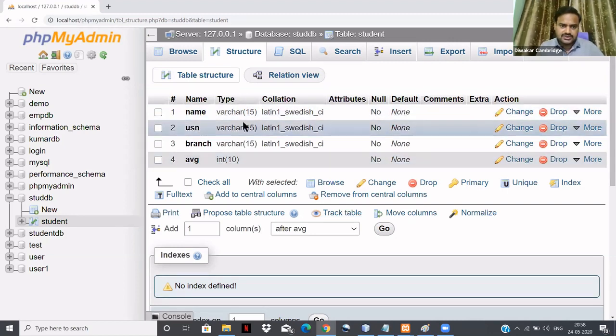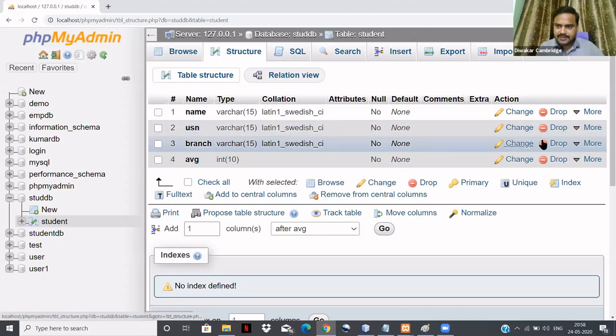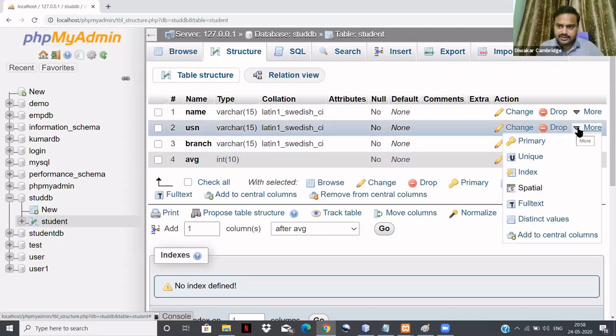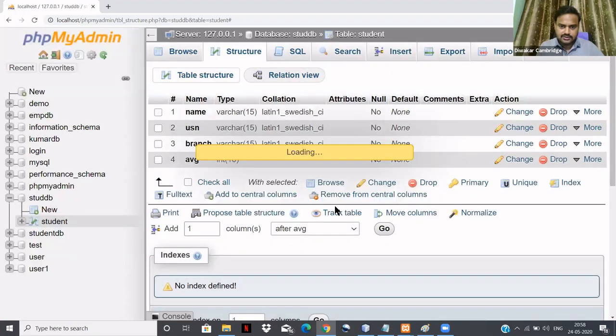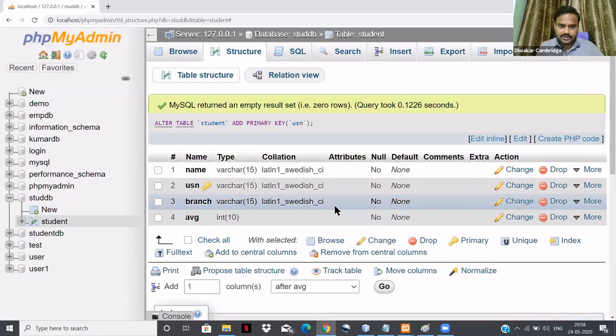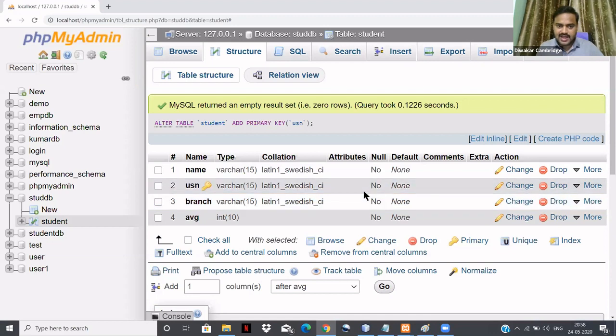In this, you select one as the primary key. How are you going to select the primary key? You click on More. There is a primary key option here. You just click on this, then click OK. Now USN acts as the primary key.